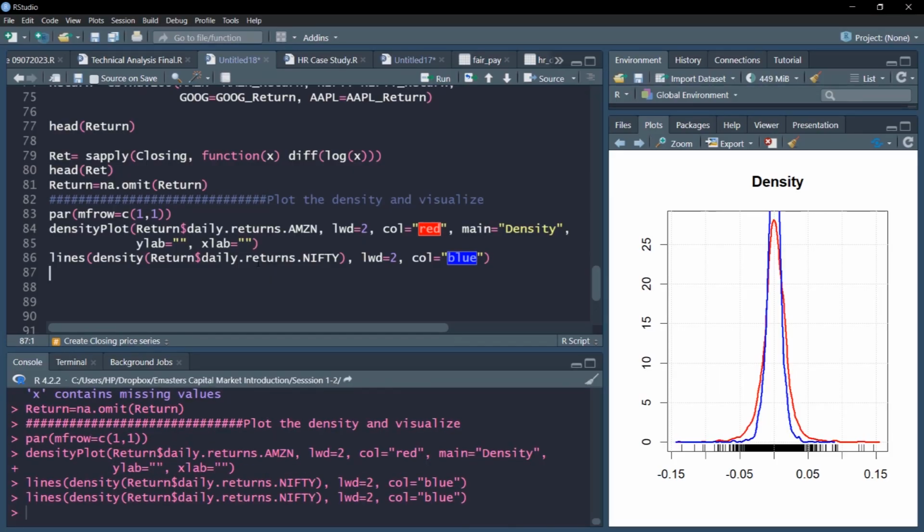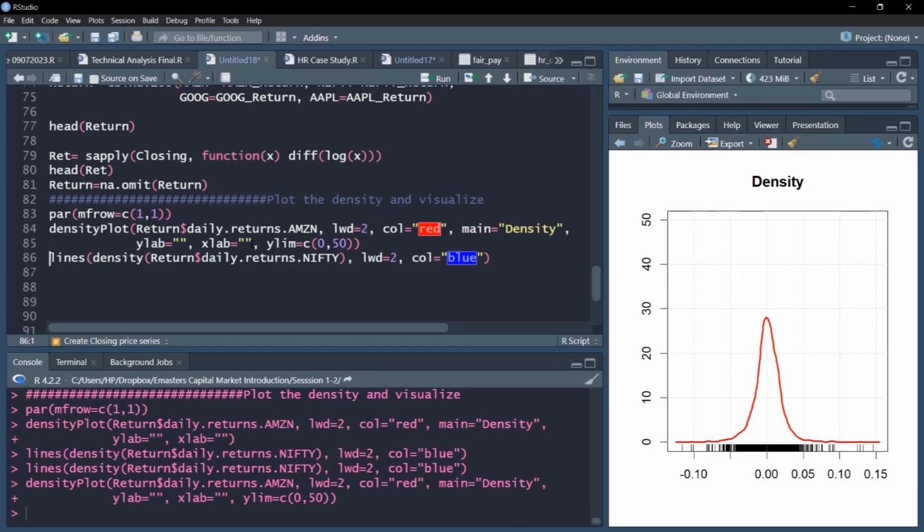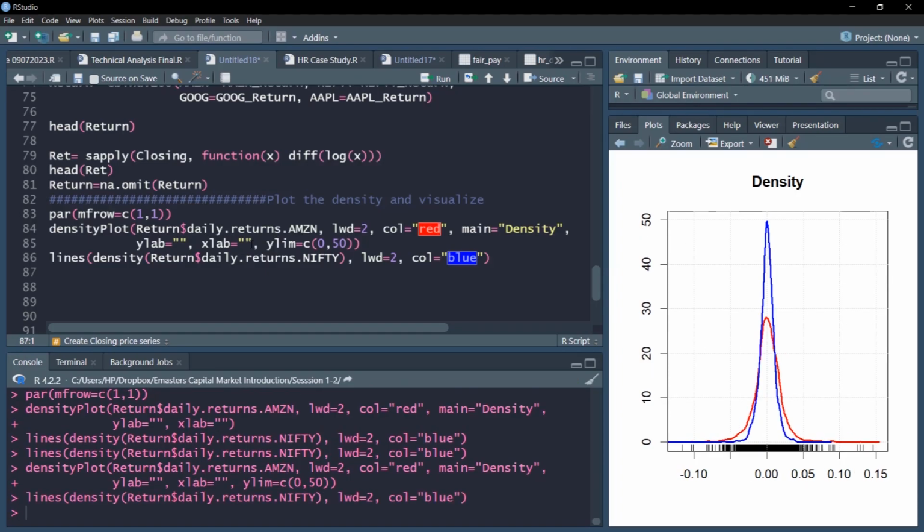Notice that Nifty has crossed the extreme limit, so we need to slightly increase our Y limit. It seems slightly lower than desired, so I'll increase the limit. As you can see, I'm using this ylim in the main plot, and I'll redraw my plot. So ylim I have increased to 50. Let me redraw. So you can see now my y-axis has enlarged, so now I can nicely plot my chart. Let me add some other. So I'll just copy paste rather than writing afresh. So now I have added Nifty.